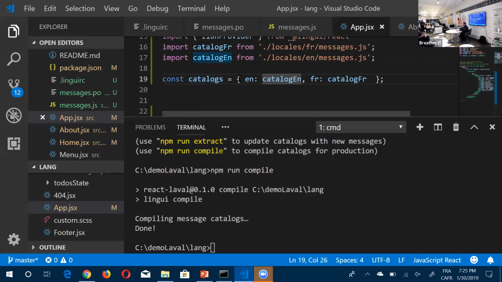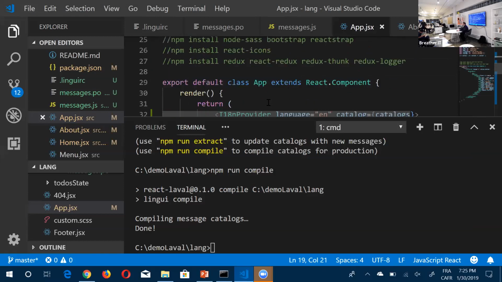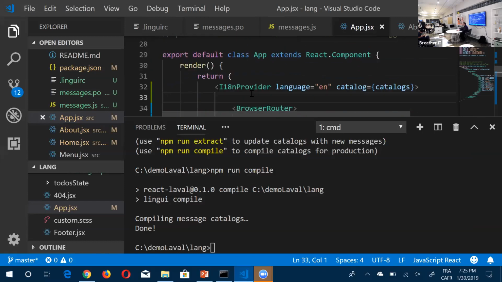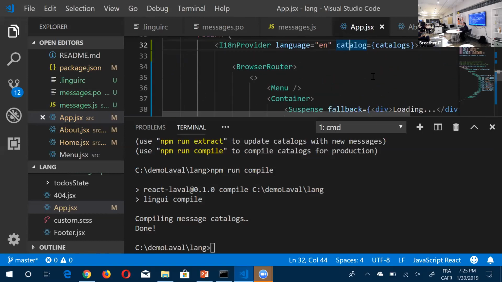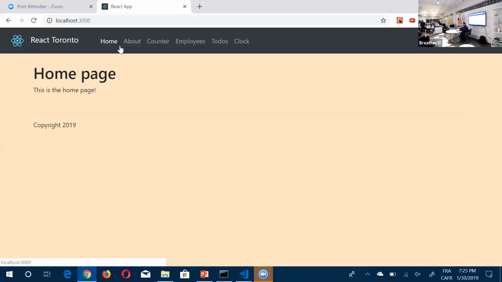Oh no, I need to pass in an object that's going to refer to the language, and then it's going to choose which language. So that's the way that this provider works. So it needs a catalog. So it does need the catalog, but this should have worked. But let's try it with the English one. So if I try it with the English one, and let me refresh this. Still,